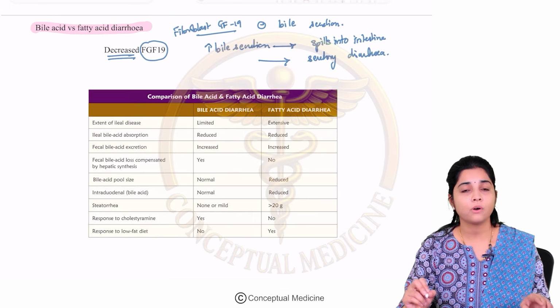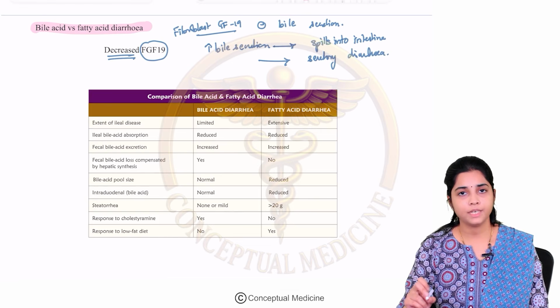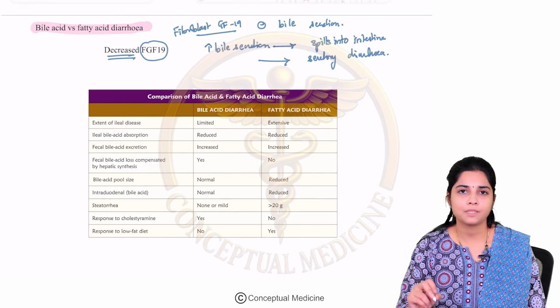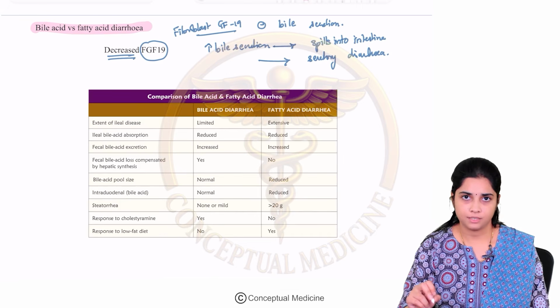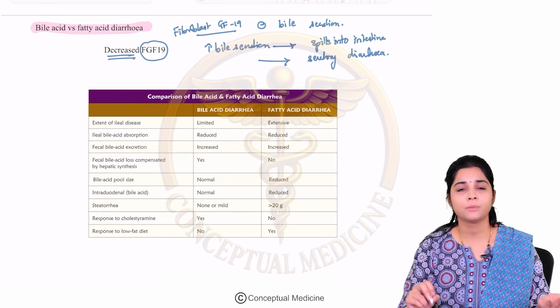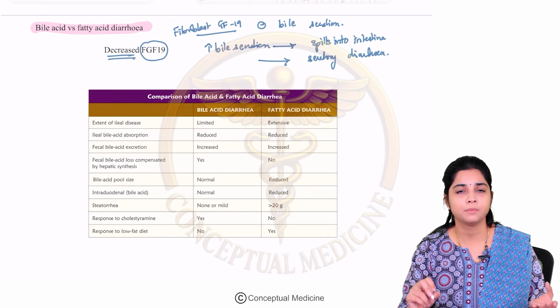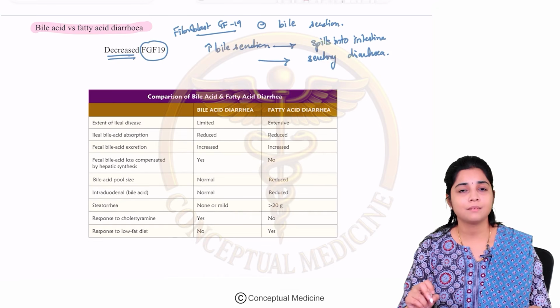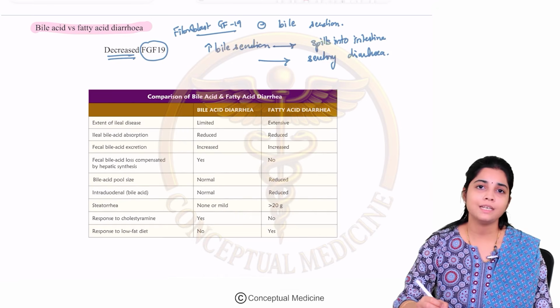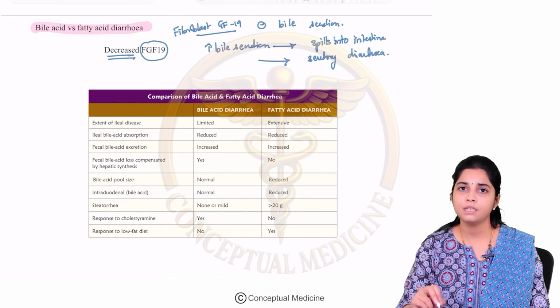Okay? So all this while what we had learned? We had learned that malabsorption happens because of enzyme deficiencies or even bile acid deficiency. Right? So if the bile acids are low because of chronic liver disease or any problem with the biliary tree, you can have malabsorption. And the diarrhea that accompanies that is your fatty acid diarrhea because there is a lipid